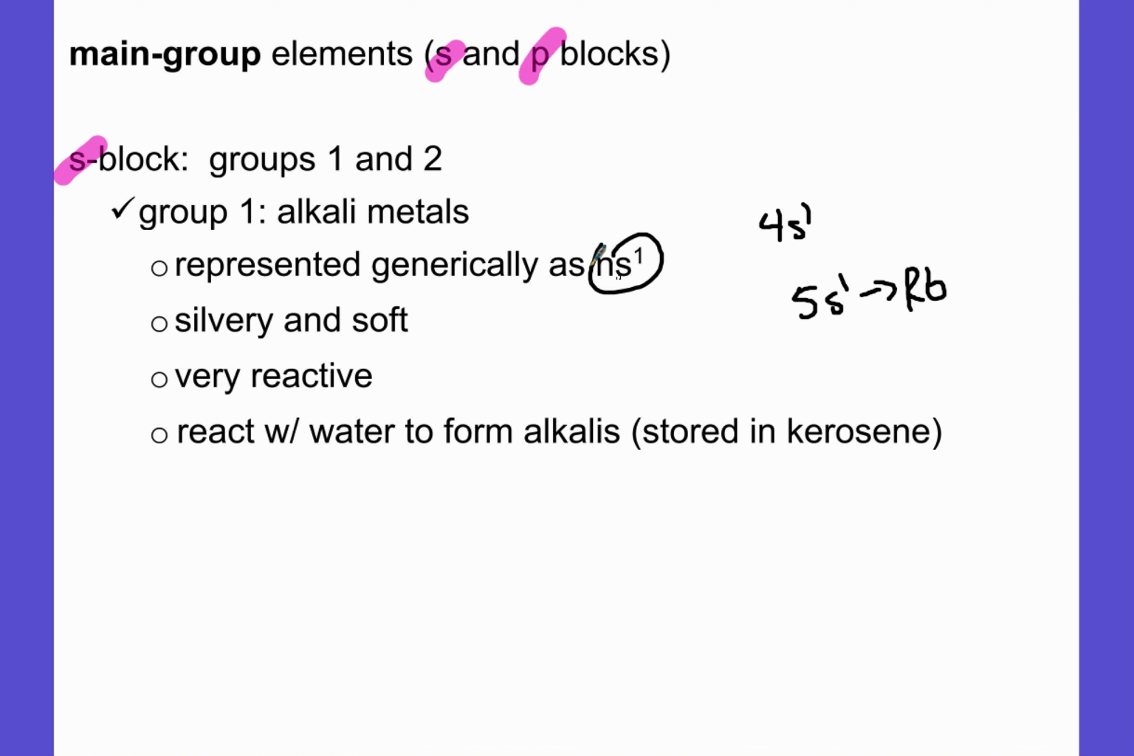So n could be any value from 1 to 7, right? But more specifically, if I say 4s1, I mean potassium. If I said 3s1, I mean sodium, right? All of these elements are silvery and soft, right? Silvery shouldn't be a surprise because that's what a lot of metals look like, but the soft is a little bit weird, right? If I had a solid metal in front of me, usually I think of that being hard